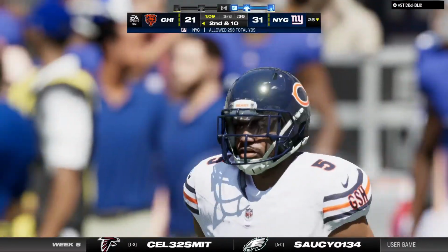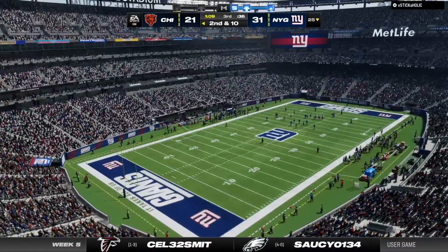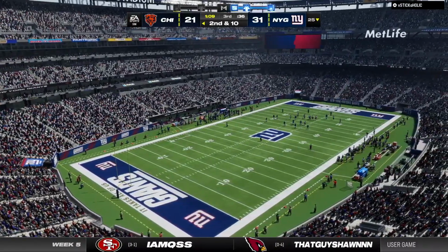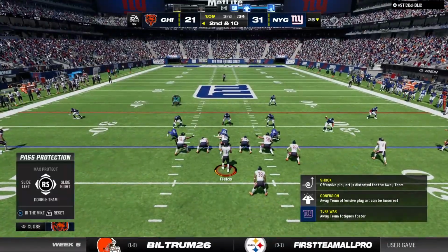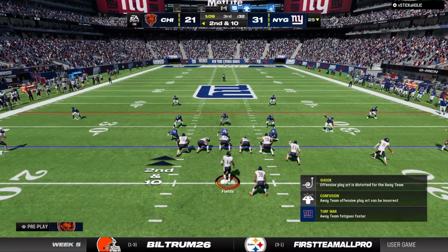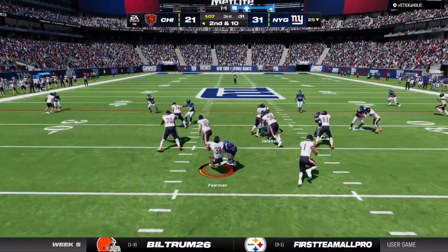The pressure got to him as he released it. And it's 2nd down. So another incompletion there. He's hitting on fewer than half his pass attempts in this one, and that is not a winning formula. Yes, let's make sure we give a little bit of credit to the defense here. They're giving him a lot to think about, a lot of different looks, and he seems a little bit confused